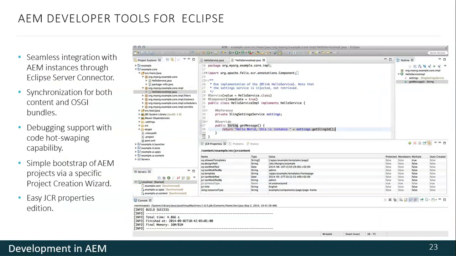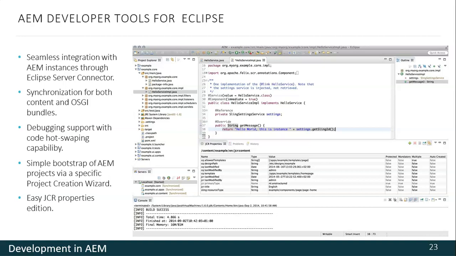Next, CRXDE alternatives. CRXDE is a very powerful tool, but you don't have to give up on your favorite IDE. AEM allows you to use almost any. Eclipse, for instance, has a plugin which supports almost all features of CRXDE Lite, and you need only to configure a server for connection with AEM.